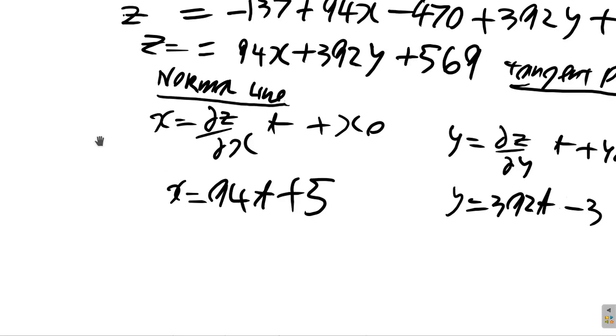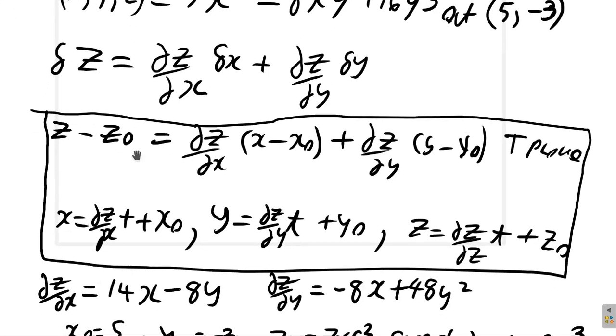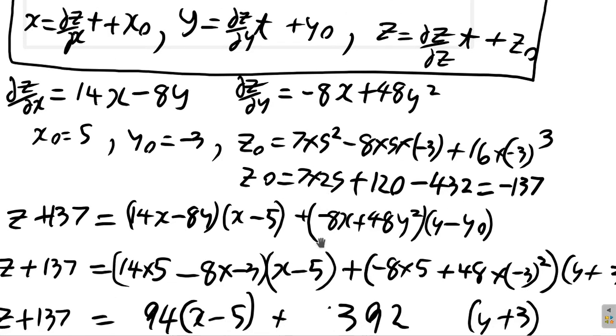And then z naught. Now here, if you consider delta z by delta z, right,